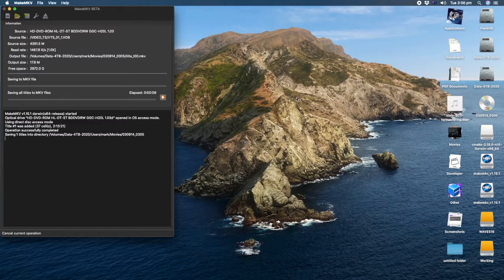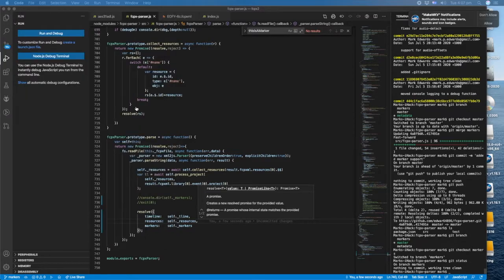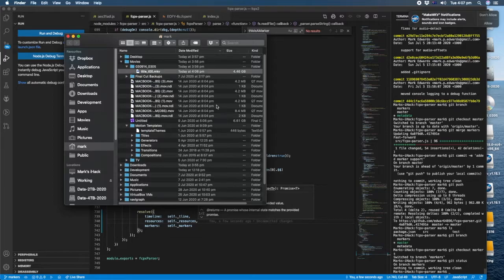Okay, so this is going to take a little while, so I will fast forward through this. We've completed our copy. We don't need that anymore. We'll have a quick look at that file. Here it is. Okay, so we have basically one